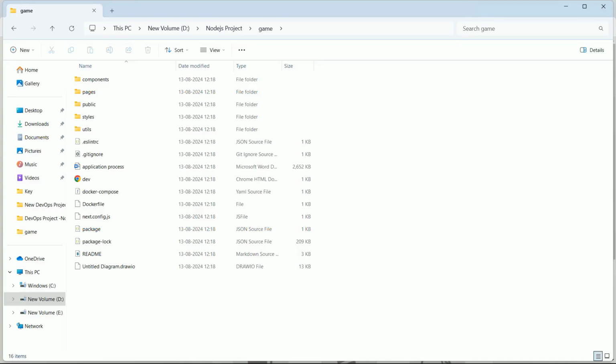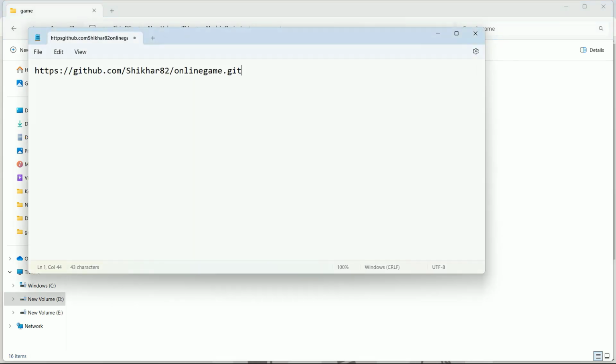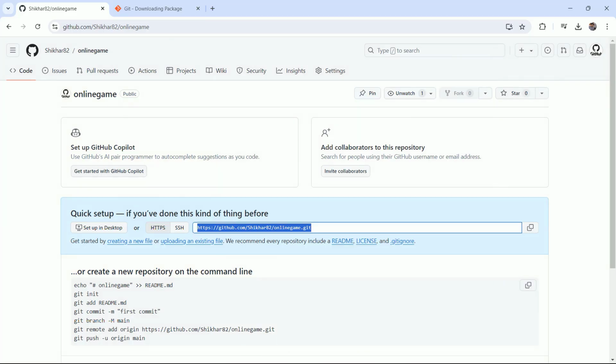Hi, so let's continue. So very first step, you need to clone the repository that you have created on GitHub. So this is the URL of your repository, or let me show you one more time. This is my repository and this is the URL. Come back here